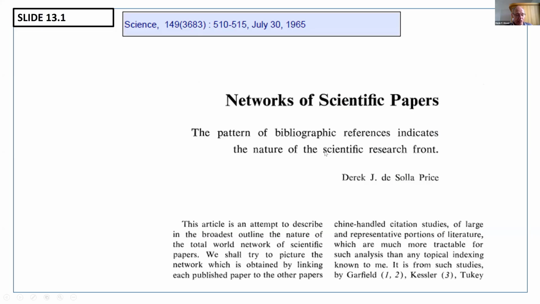Here is a screen dump of the most important paper that Derek de Solla Price has written. He published it in the journal Science, and the title is Networks of Scientific Papers. And if you are not familiar with this paper, I really would recommend you to take a look at it, because it's really very interesting, and it contains many of the ideas that have been developed later by our colleagues